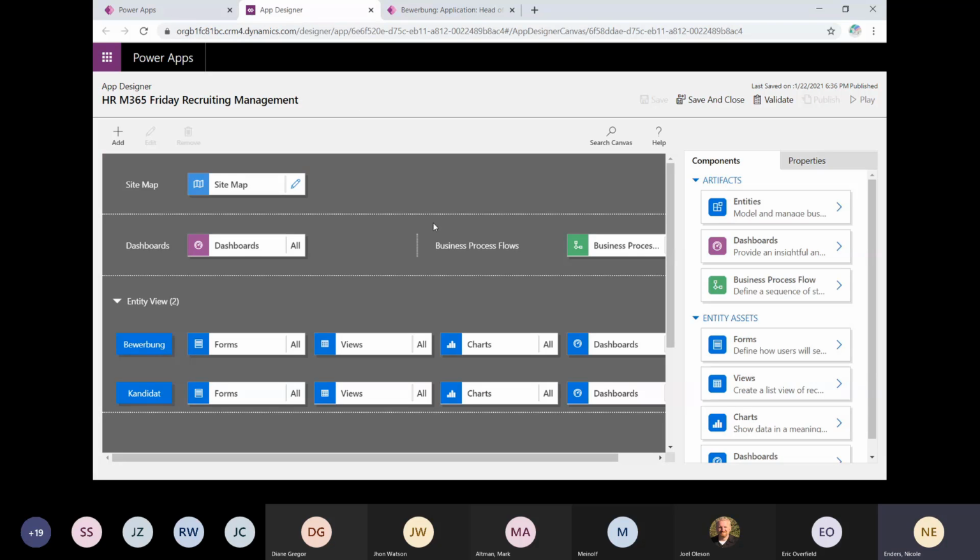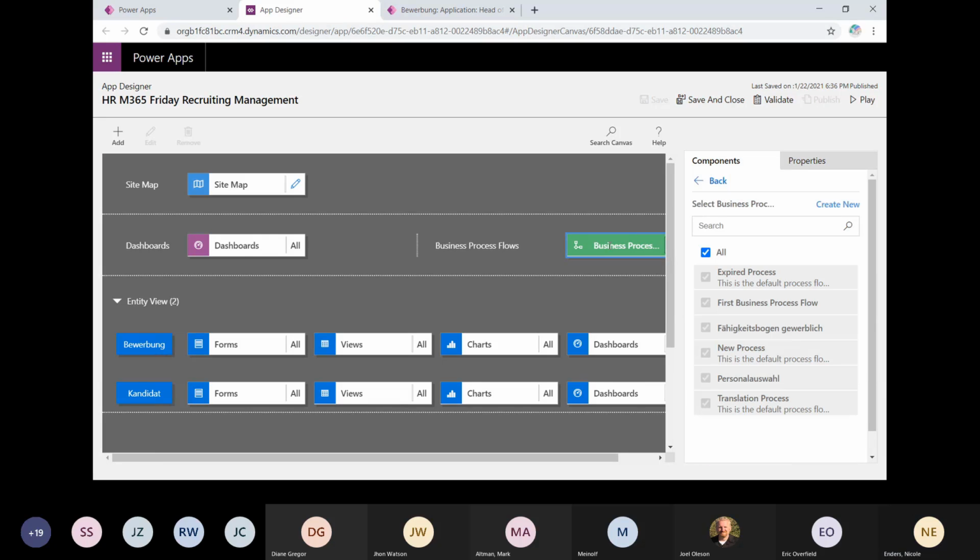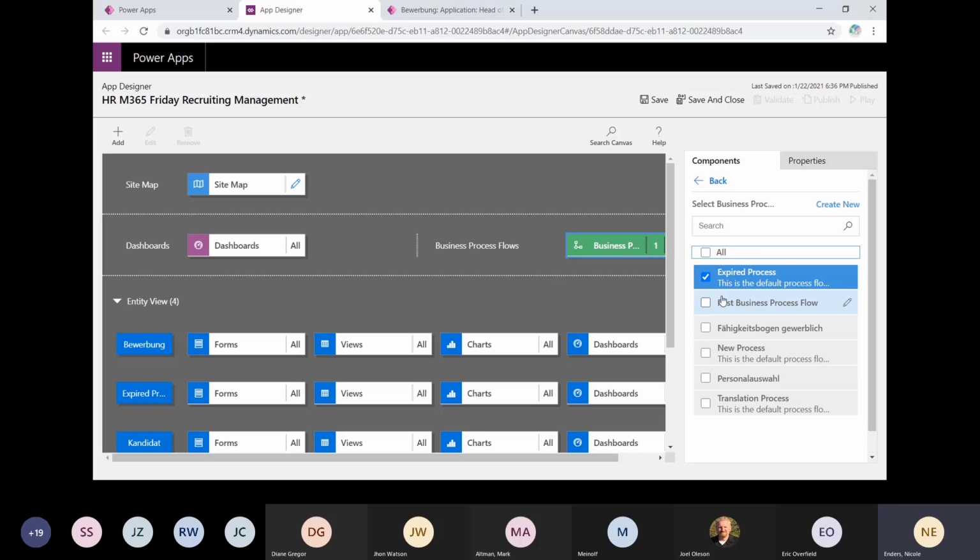So we go back to the app designer, and you see you have a section business process flows here. If I click on this, we see all available business process flows, and all of them are assigned to this app automatically. If you don't want this, you can uncheck it and go with the option you want to use. So Personalauswahl would be the one I would go with,